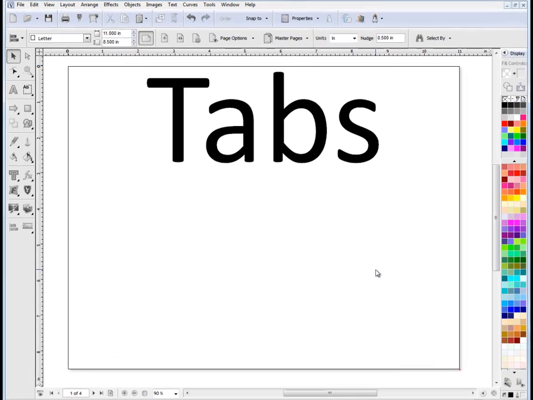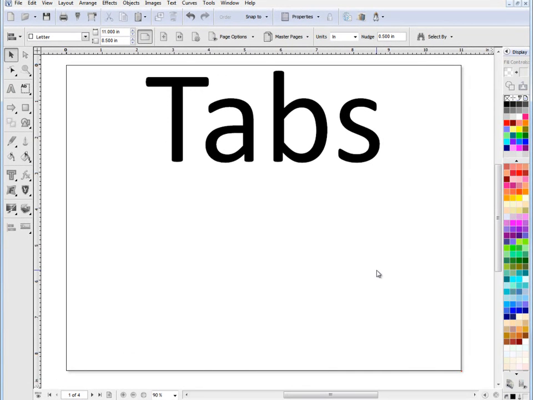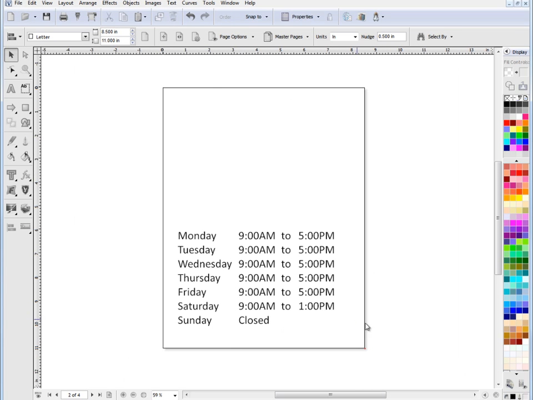In this lesson, I'm going to show you how to work with tabs when you're working with paragraph text or a text box. So to do that, I'm going to go to page 2 here. I've got the sample here. I'll come back to that in a moment. First thing I'll do is I'll show you how to create a text box and then how to apply tabs